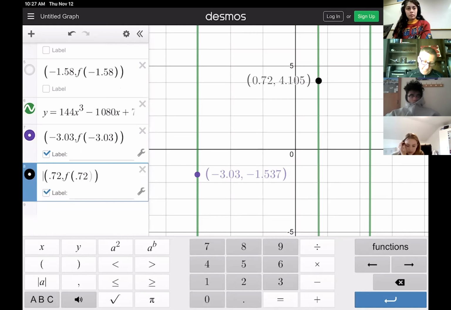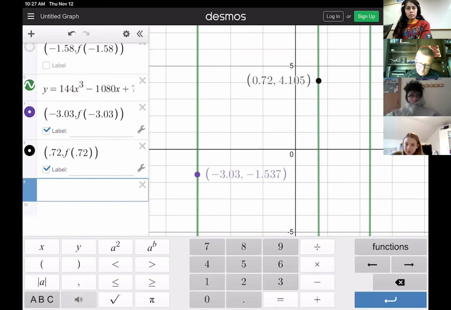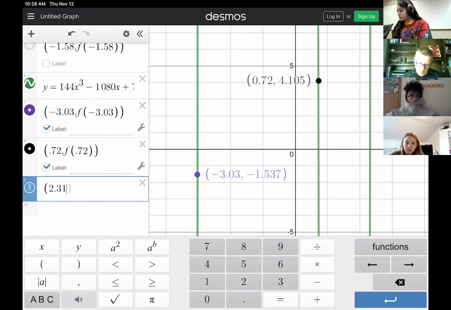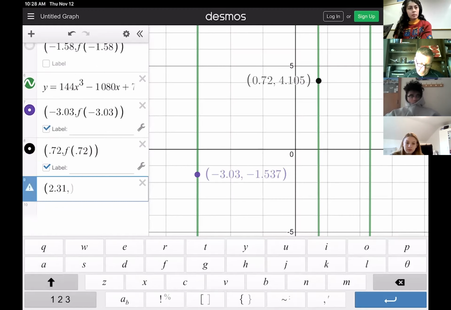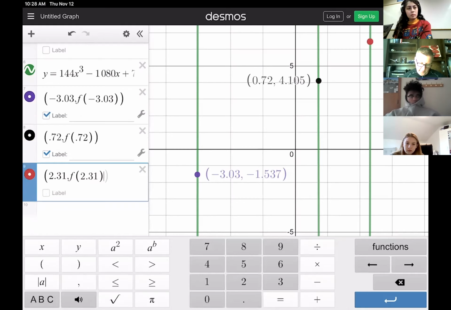So 4.11 approximately, and then last we had 2.31. See if I can not screw this up so bad this time. 2.31, comma, F, start a parenthesis, 2.31, close those parentheses. Oh, much better. So